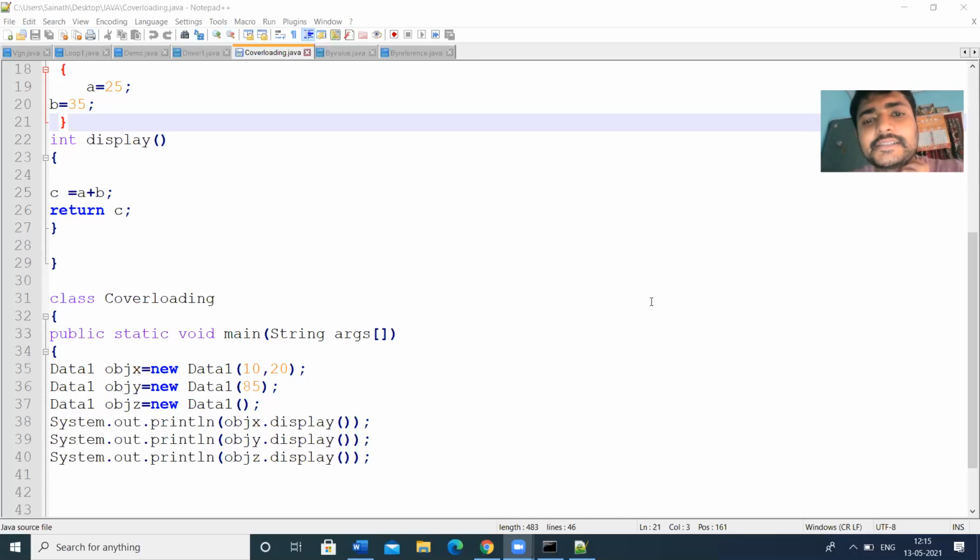So this can be treated as a default constructor. That means by default we are giving the values a is equal to 25, b is equal to 35. So that can be treated as a default constructor. So let us check what a copy constructor is.